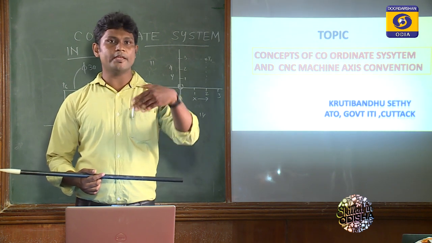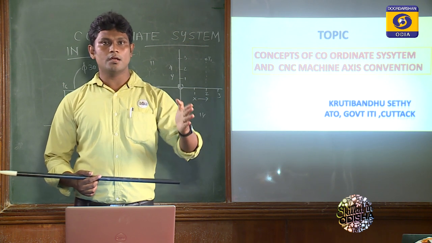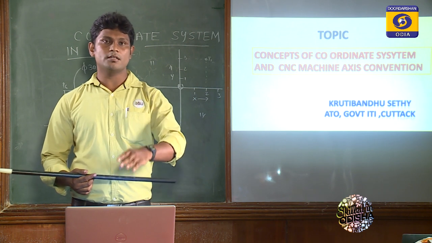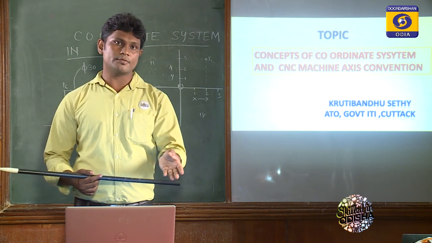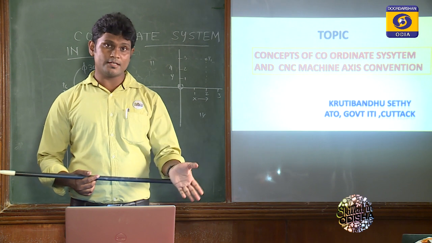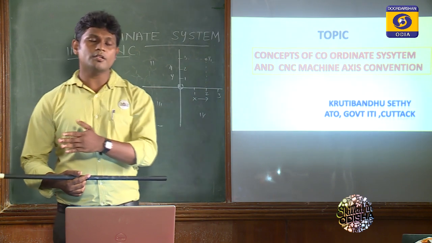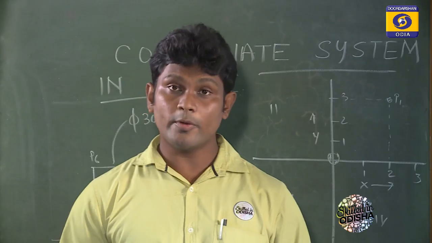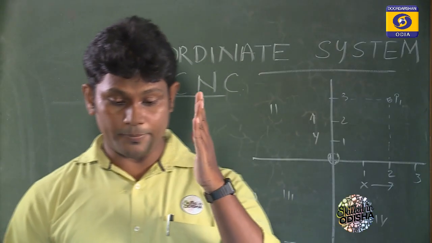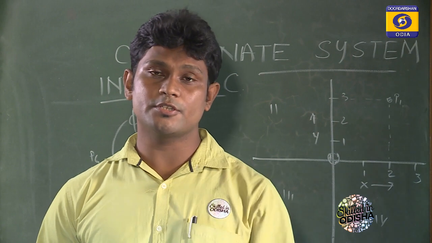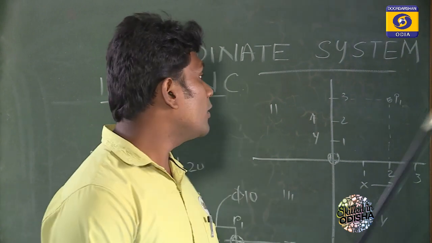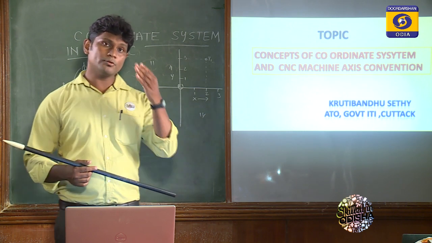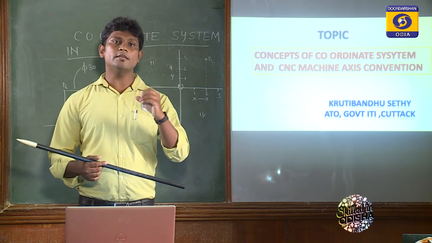We have discussed many elements, starting from the CNC lathe machine main parts like chuck, bed, tailstock, hydraulic systems, pallet changer, etc., and all other items including the switches. Today we are going to discuss the basic thing of our CNC machine operation, that is the coordinate system. But before starting the coordinate system, first we have to see the control of the CNC machine.